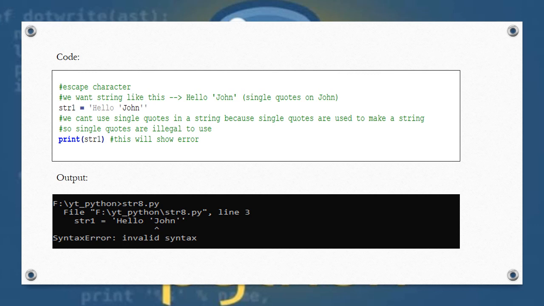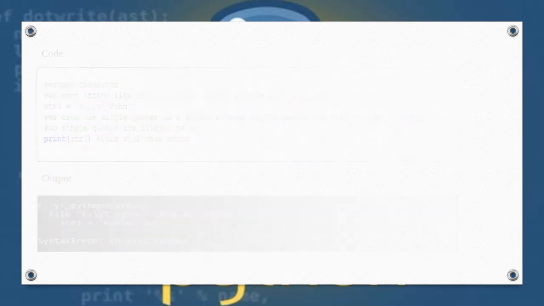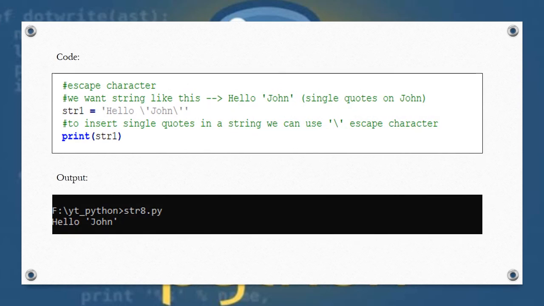Now to solve this error, we will study the escape character and use that escape character in our string to insert these illegal characters. In this example, we are using a backslash before the single quotation.